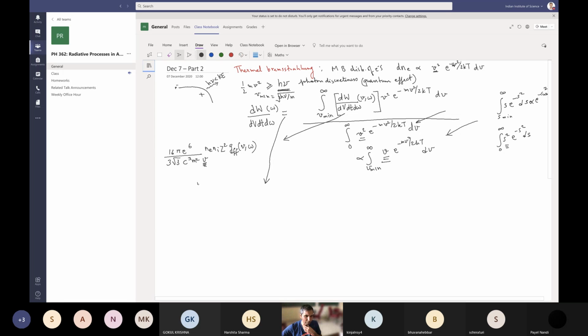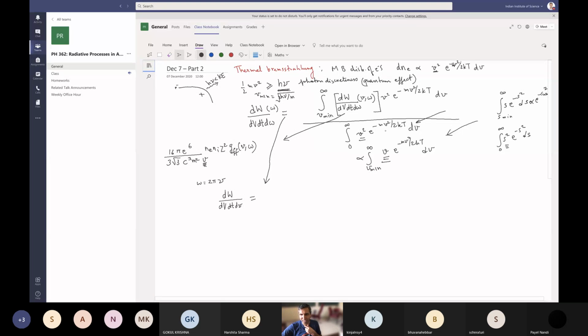And also recall that omega equals 2 pi nu, so you can express this in terms of frequency nu rather than angular frequency omega. So what do we have? dW by dV dt d nu is equal to